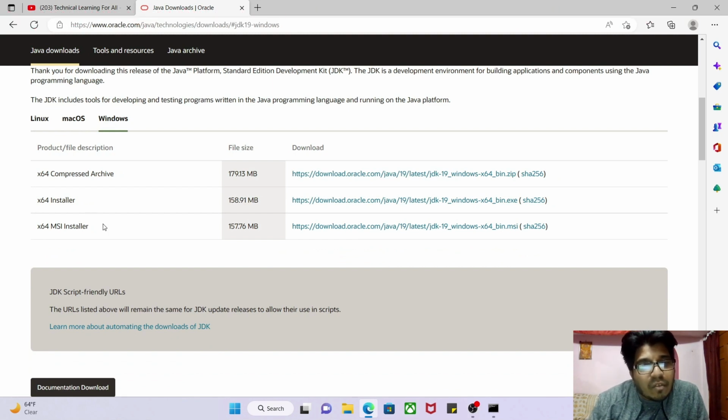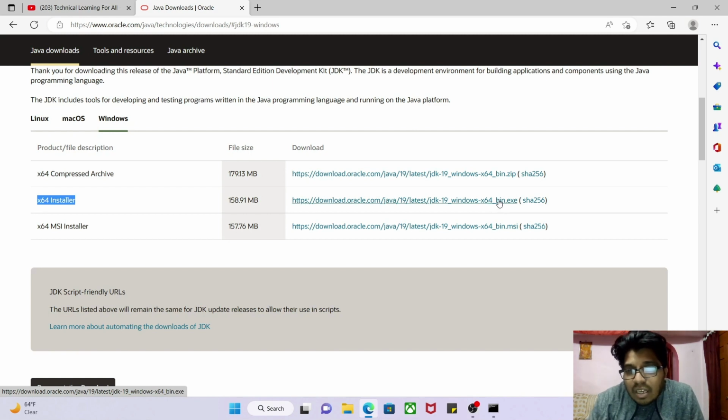In the Windows tab, one is the x64 installer, right? This will give us the .exe file. If you check here in this URL, we have one zip file, one exe file, and one MSI file, right? So I will download the .exe file. Simply we have to click on this URL